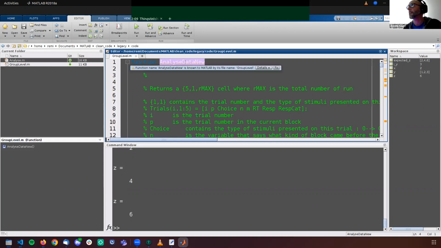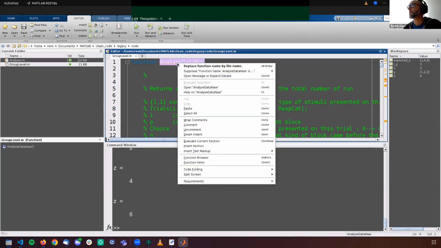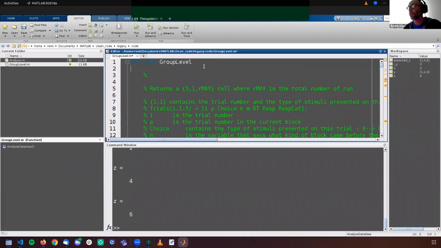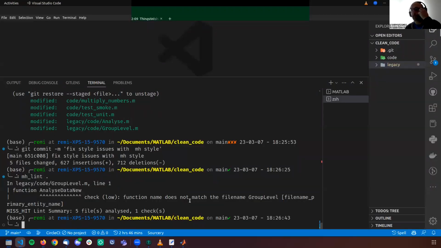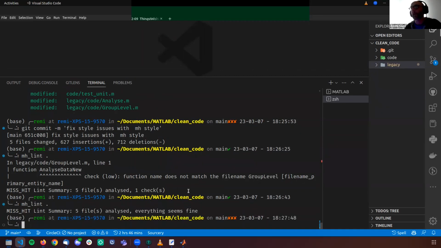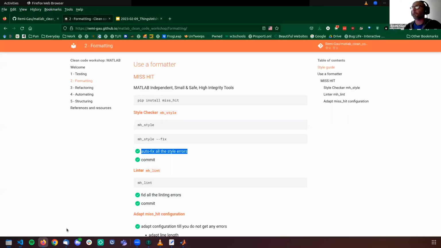And you can see that MATLAB itself complains about it and sends you a warning, which you can also fix here by applying the suggestion that MATLAB offers. So here we go. That would be an easy one. The mhlint could flag other errors, but here it's only showing you one. So if we run it again now, it's going to say, hey, everything is fine. So that would be an easy fix as well, but it may help you find other potential bugs in your code. So that would be the next thing.